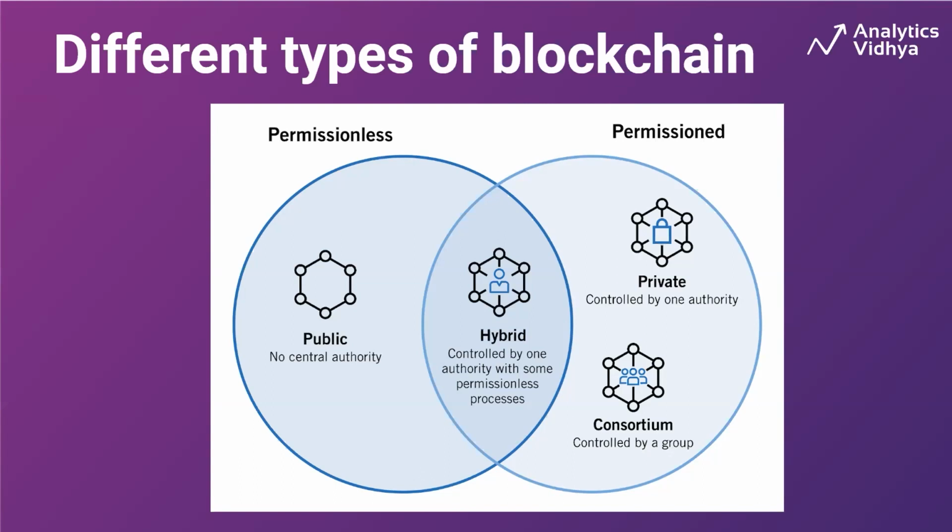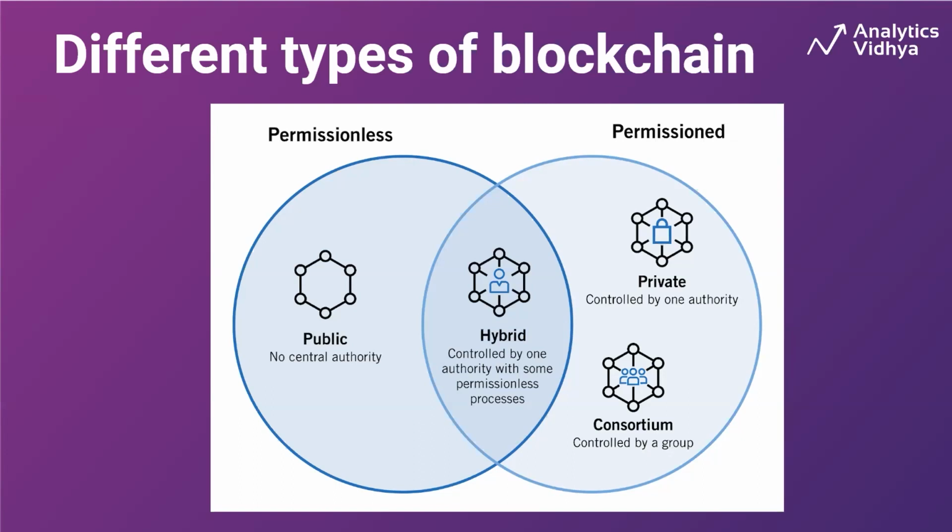And the hybrid blockchain. What happens in a hybrid blockchain? At the authority level, they have a consortium type of arrangement. Four to five organizations come together at one level, and they maintain whether a transaction is successful or not. But they also show the transaction ledger publicly. So the hybrid blockchain is a combination of public and consortium.